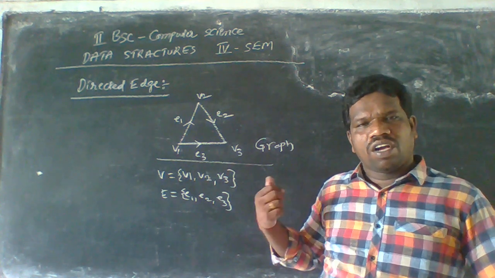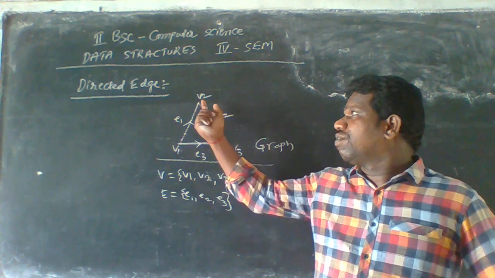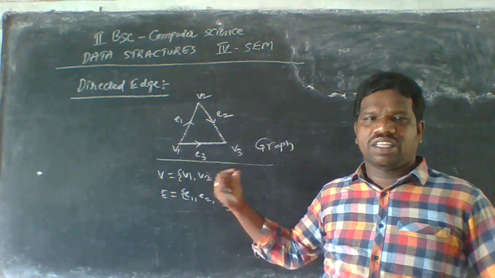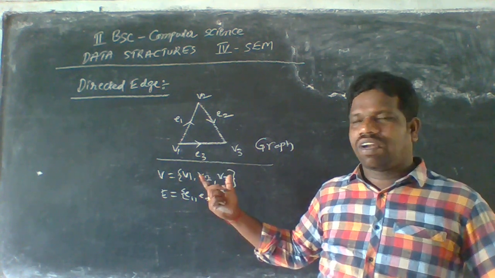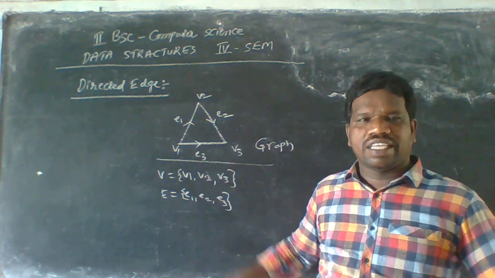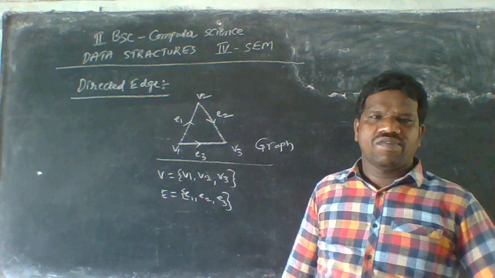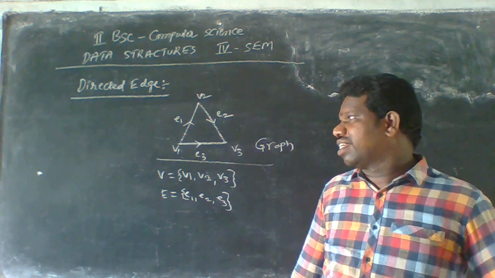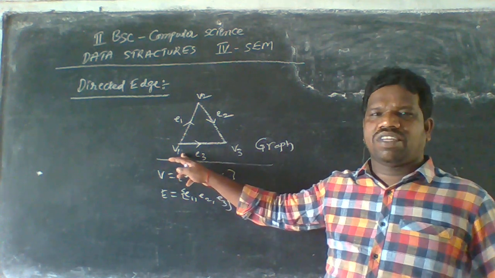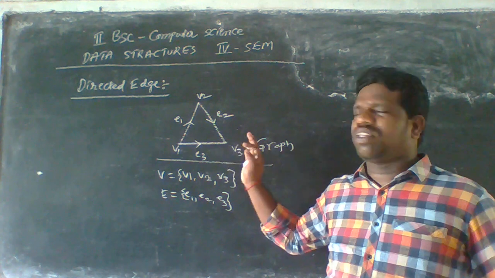And the last edge is called the E3 edge. The E3 edge is also formed from V1 to V3 here. Here we can observe the direction is from V1 to V3 only, but not the